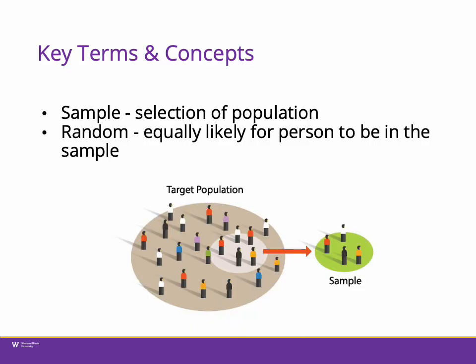Now, there are some important concepts that make surveys work. The first has to do with sampling. So the sample in a survey is a subset of the total population. As you can see from the image, the sample is just a group of people taken from the overall potential population. Now, what makes this work is this idea of randomization. It is just as likely for any individual in the population to be in the sample. If that is the case, then it doesn't matter which individuals you pull from this population to be in your